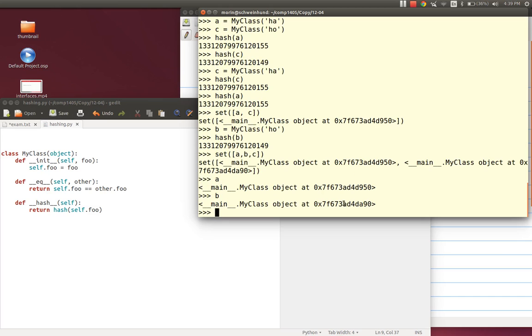What if you change B's foo to ha as well? Aha. So now you get into this issue that you should never change things which are in a set. So I can do that. B.foo equals ha.